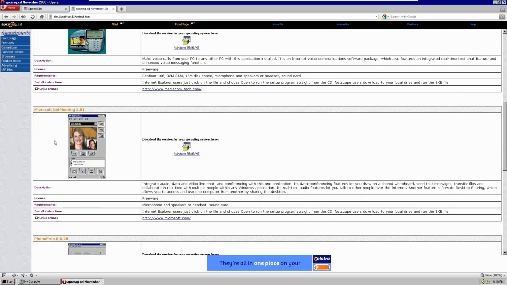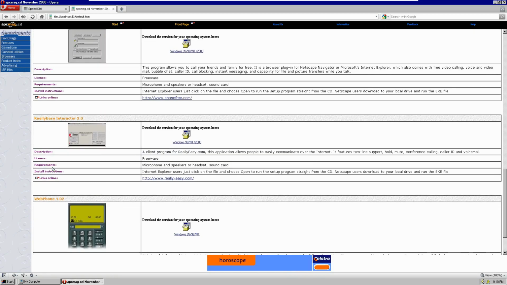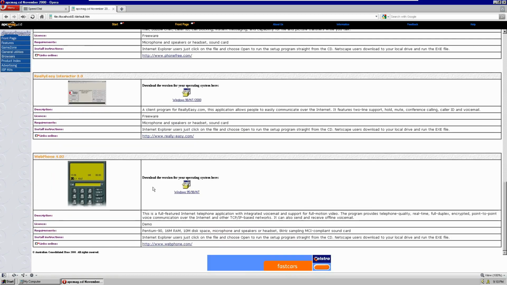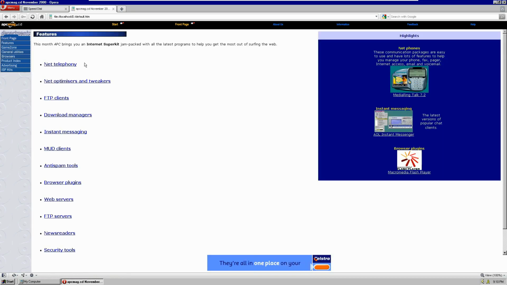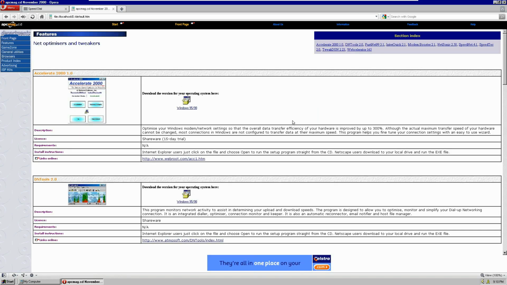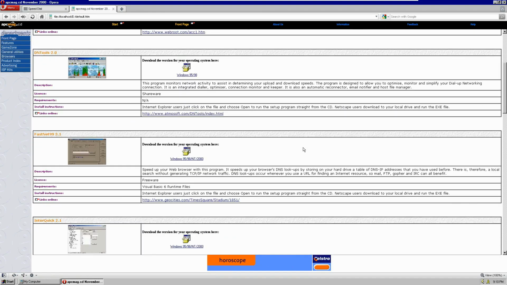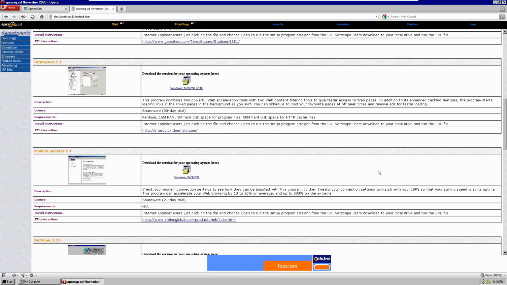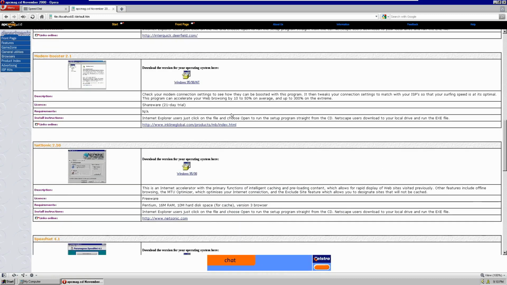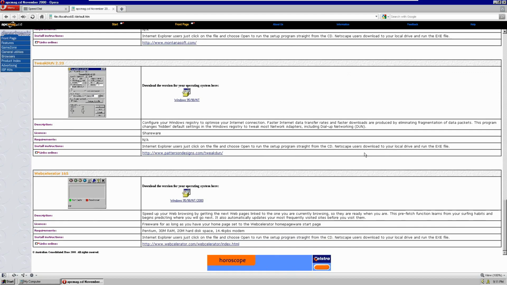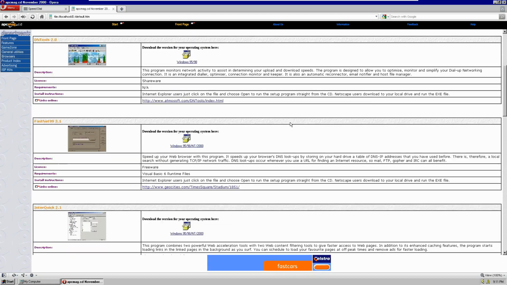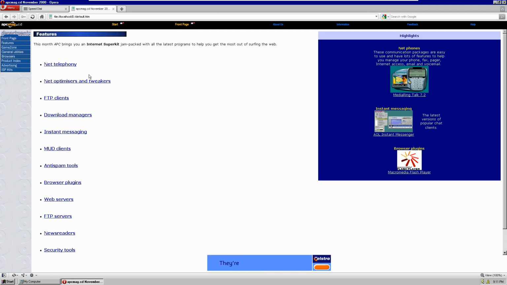Oh, we got Net Meeting. Oh, that's something I would have loved as a kid. Phone free, real easy interactor, web phone. You get the idea. Let's just see here. We got some applications that I'm not going to go into depth on, like a modem booster. Check your settings and see how they can be boosted. NetSonic, yeah. Ways to speed up your crappy internet in the 2000s.